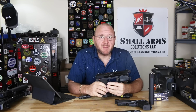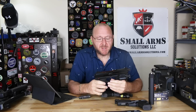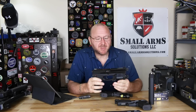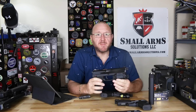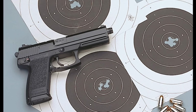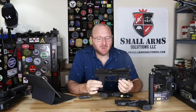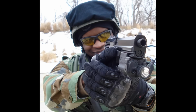It was basically a modified 1911 that took the Colt 2000 type rotary barrel, and it was just not what they were looking for. The pistol that they were looking for was one that was going to be precision accurate. It was going to have probably the most stringent standards of all time ever put through it for durability and reliability, and the end result is what you would see here, which is the HK Mark 23 SOCOM pistol. Now, what we see here is very similar to the USP in many ways, except